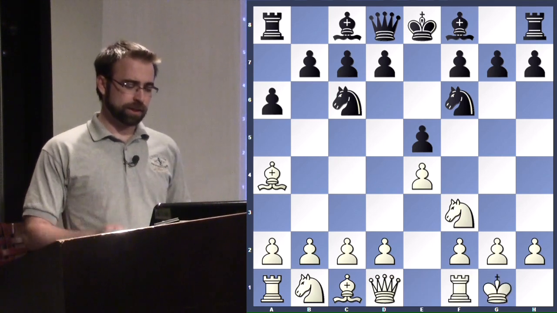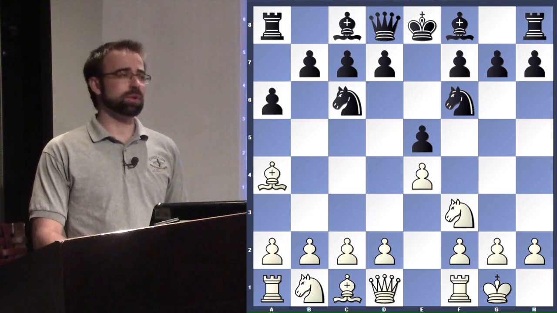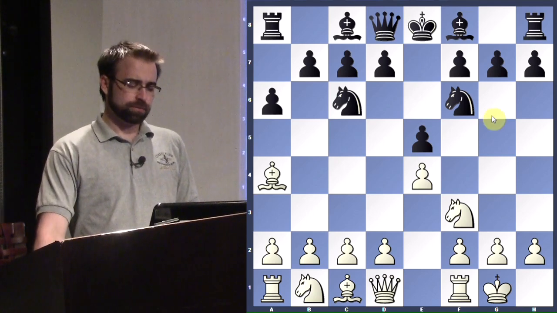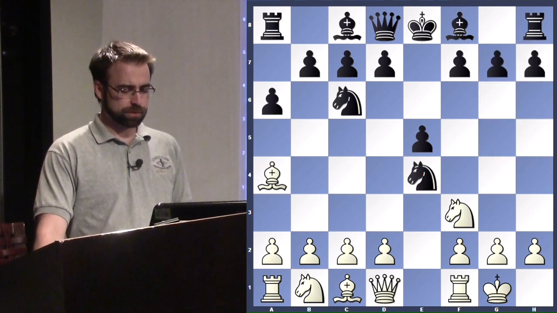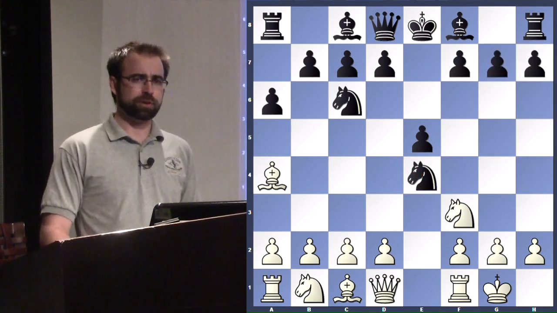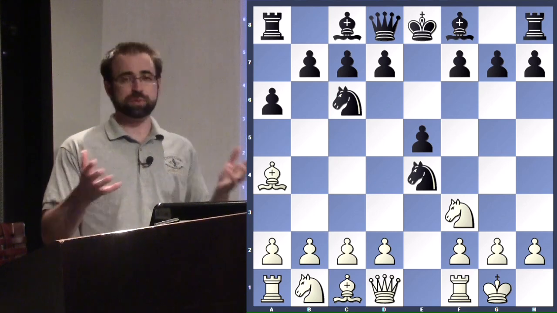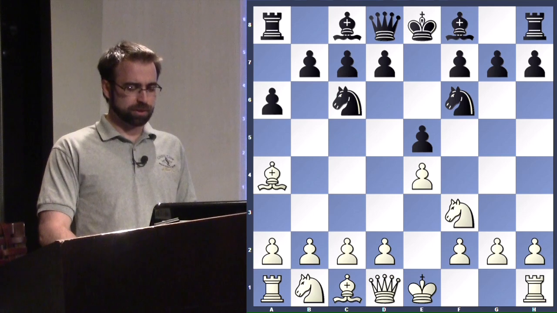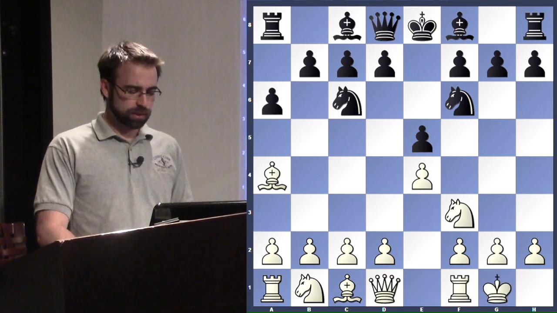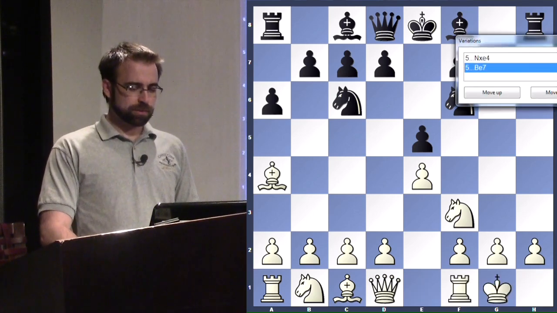We can pick here as black, do we want an open game or a closed game? Very popular at the high level right now is just to play the open variation. And white will play either rook e1 or more commonly the move d4, and the position will open up. Though historically much more popular is the closed variation, where you don't take the pawn. You instead